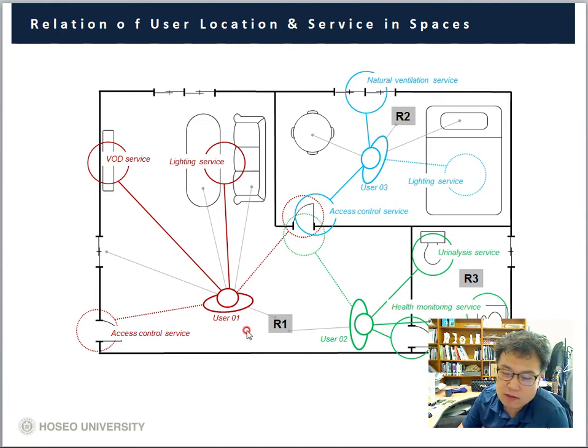We can provide this spatial information to the IoT service platform, and then the IoT service platform can be smarter than now. This is the first step, and this is the diagram of the relation of the user location and the service in spaces.